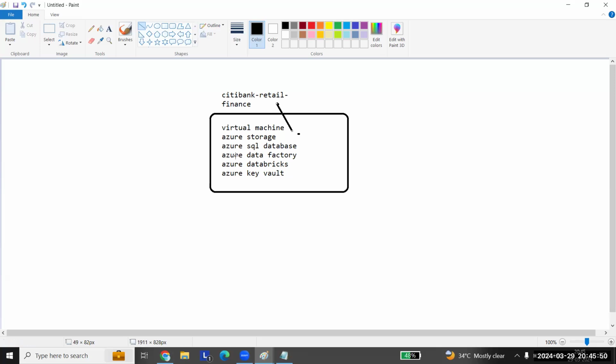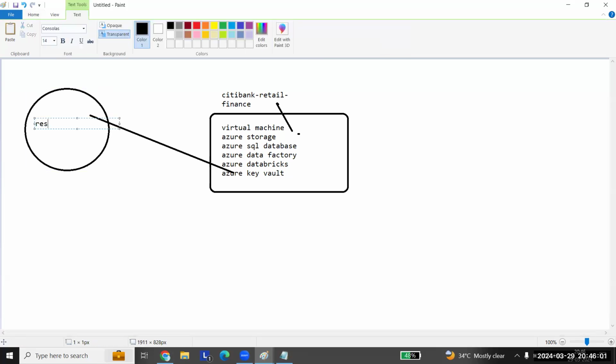You place all these services in a container called a resource group. You place them in a resource group like this, and for the resource group, you give some name. Now you are getting it, right?